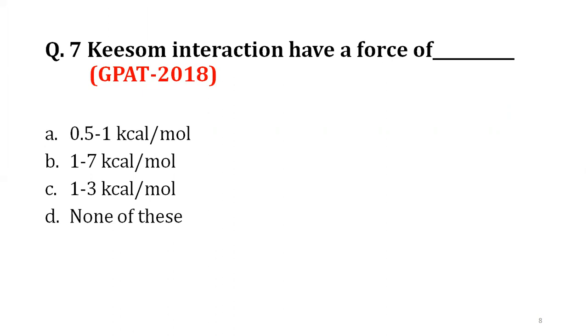Okay, this is about the magnitude of van der Waals forces. This question was again covered in your first lecture, the first video on the solubility of the drug. Keesom forces are one type of van der Waals forces: Keesom, Debye and London. So the magnitude of all three forces is the same. The value is actually given as 1 to 10, so the correct option in this case is 1 to 7 kilocalorie per mole. You can go through the table where the magnitudes of the forces of covalent bond, coordinate bond, ionic bond, hydrogen bond, and these van der Waals forces are given.